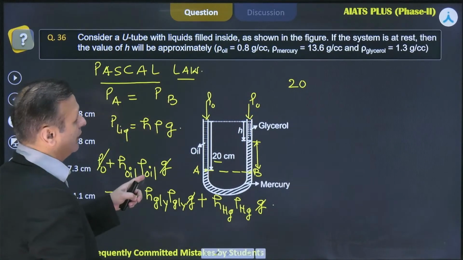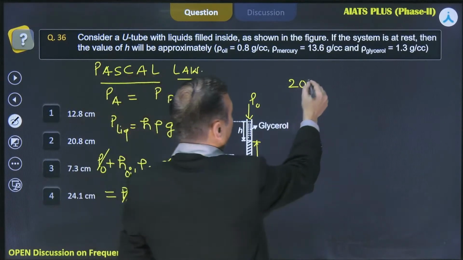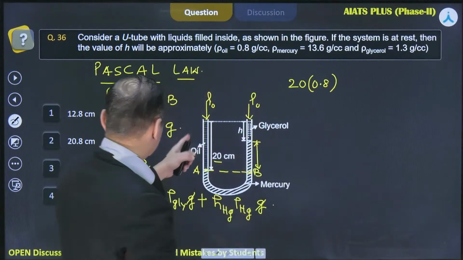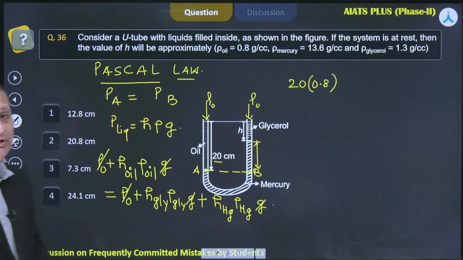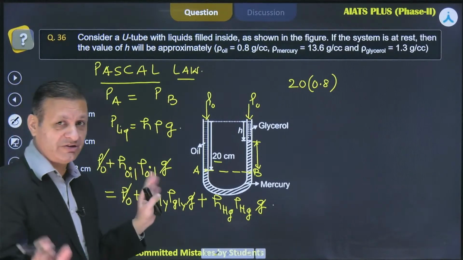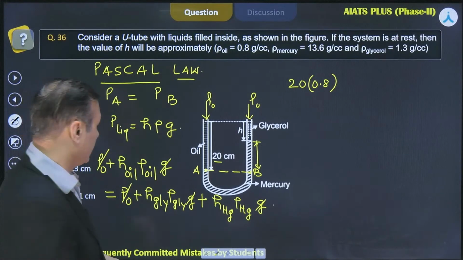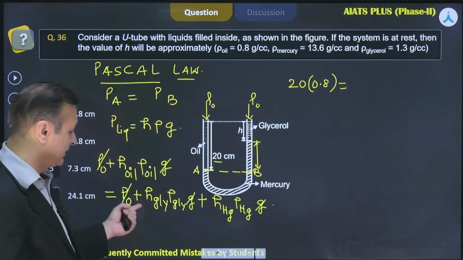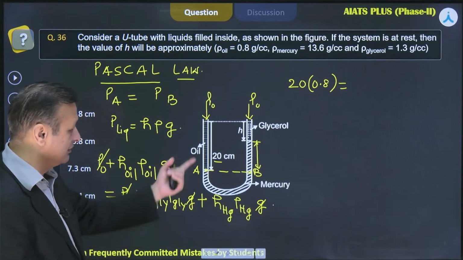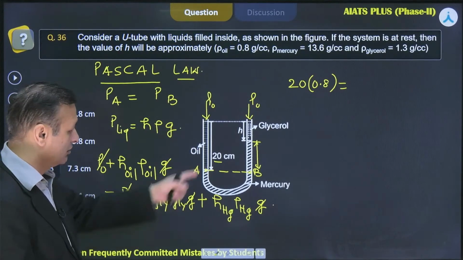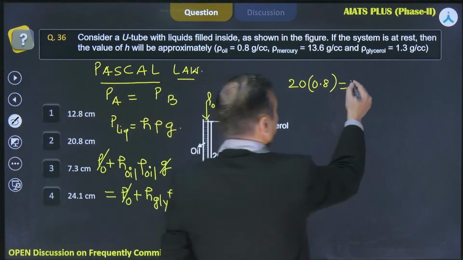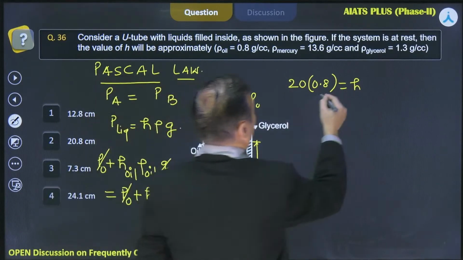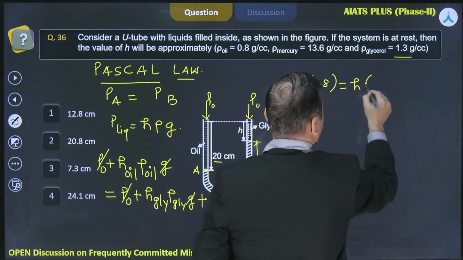Then density of the oil. What is the density of oil? That is given to you as 0.8. This height is in centimeter, density is also there in the CGS system. So there is no harm. Keep the CGS system intact. And that is equal to, on the right hand side, we have height of the glycerine or glycerol. So what is this? This is H. And what is the density of glycerol? That is given to you as 1.3